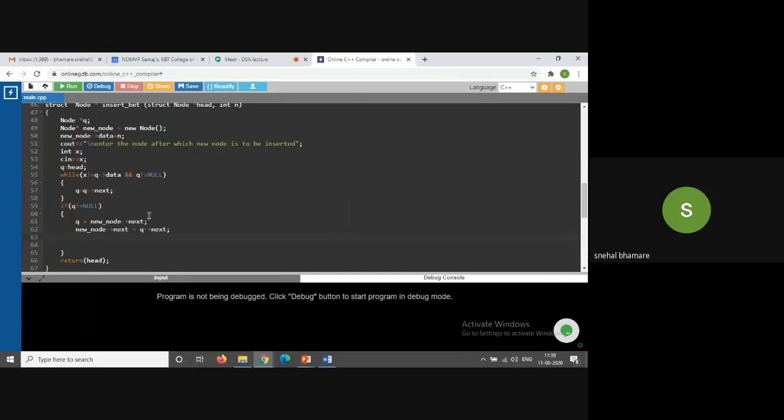Sorry, it's not, it's for insert in between. Insert in between, if q is equal to, new node next is equal to q next, and q next is equal to new node.